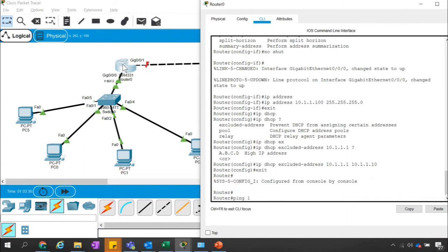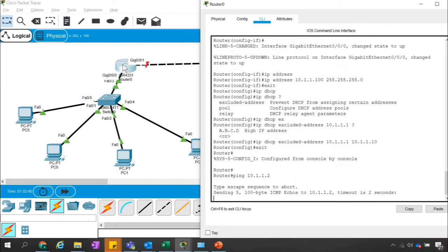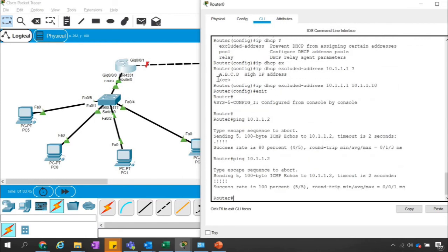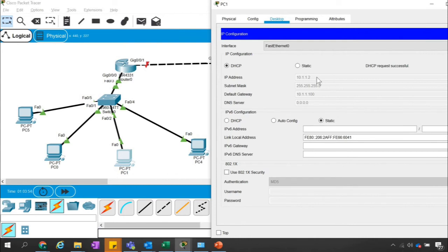So if I ping 10.1.1.2, it is pinging, not an issue. Success rate is 100%. It means that we can reach 10.1.1.2, so this PC has the IP address 10.1.1.2, and the excluded address is not working right now, because the excluded address works only during the assignment of the IP address, right?